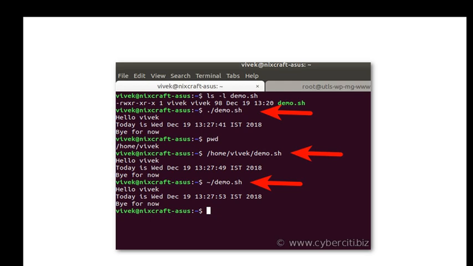If I give /home/vivek/demo.sh, the same output is shown. So these are three ways to execute a script.